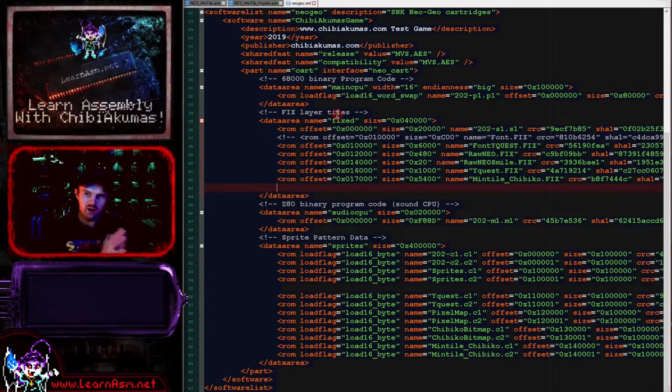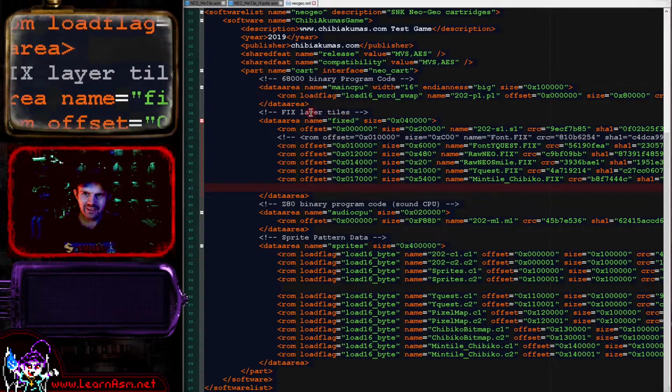You see, on the NeoGeo, it actually has video ROM, not video RAM, for its pattern definitions. So there's no way we can define these in code. We can't load some bitmaps in and then stream them to the VRAM, because there is no VRAM. As I say, on the CD systems there is VRAM that works like most of the systems, but generally there isn't. And so what we have to do is define the data area for the fix layer,